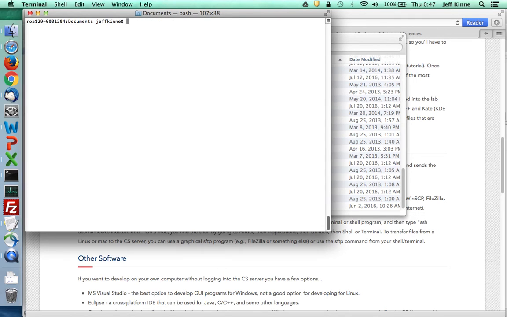The command to connect to the CS server is ssh, and then your username. So if you're in CS 151, it would be something like this, at cs.indstate.edu. My username is jkinney. And you'll type in your password. While you're typing in your password, nothing shows up. You type enter,